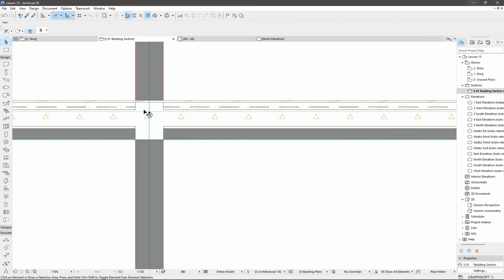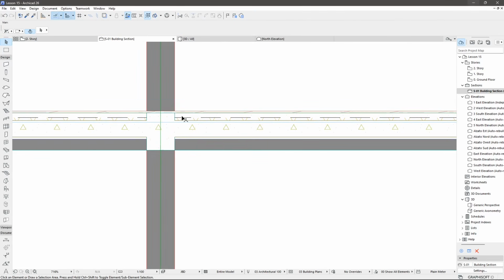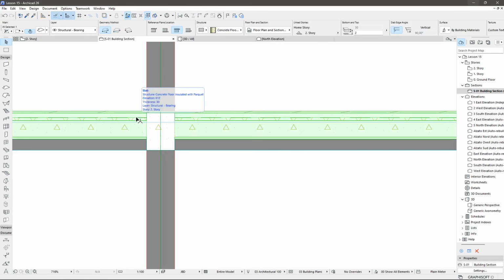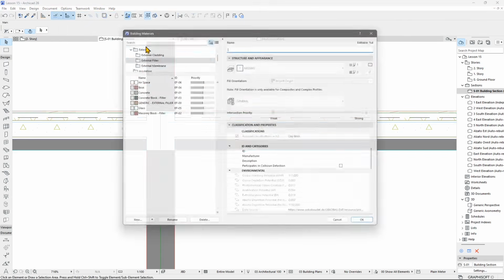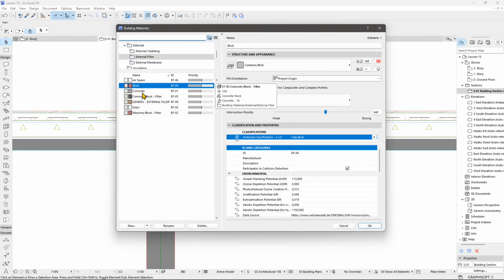So when they both have the concrete as material, they will merge together like this. But these, you can see, are just cut off. So this part here has been cut off. So if I just change the priority in the building materials, let's say that I want the concrete